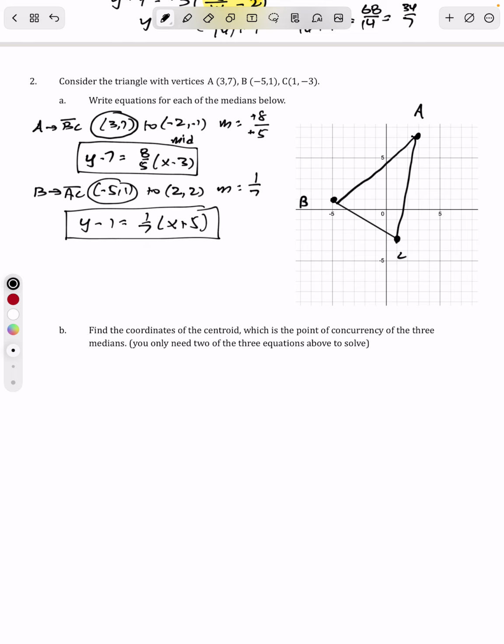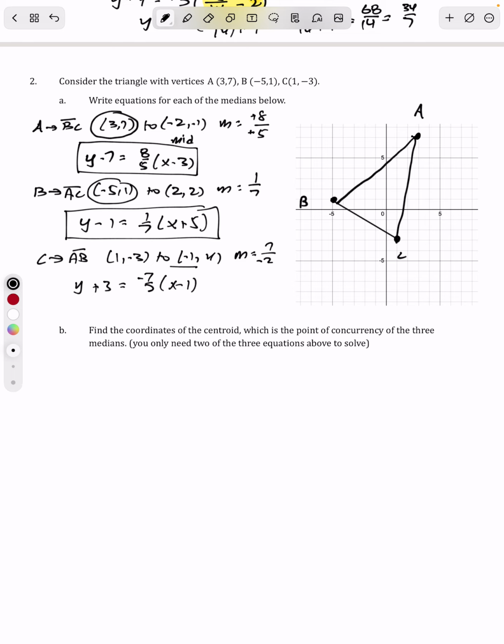There you go. And then from C to AB. So C is 1, -3. And then AB, the midpoint of AB is -2 over 2, which is -1. And 7 plus 1 is 8. 8 over 2 is 4. That slope is 4 minus -3, which is 7. -1 take away 1 is -2. So Y plus 3 equals -7/2